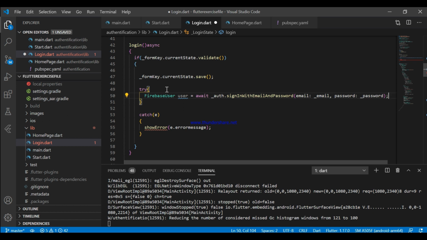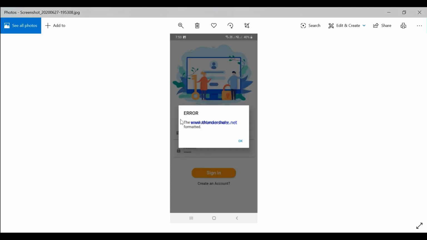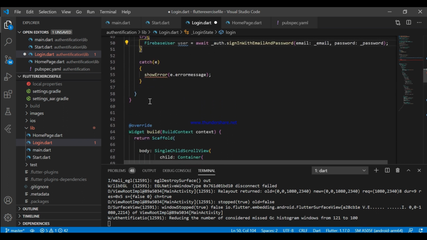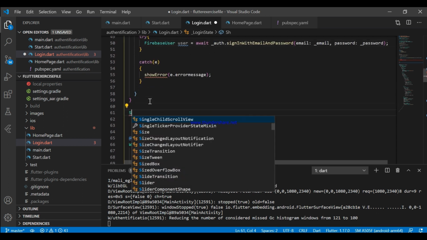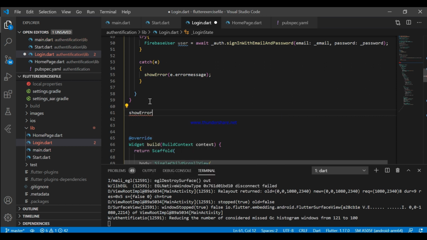Sorry, this is the show dialog that I'm talking about. Let's create this function.